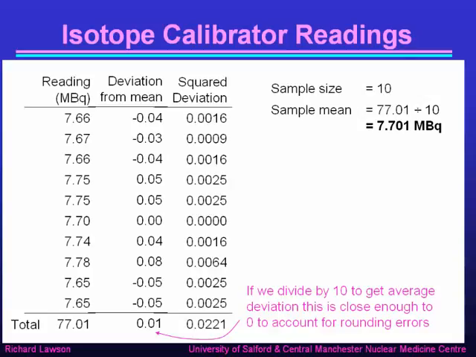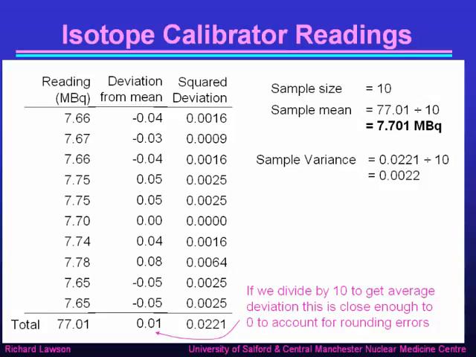The next step is to square all those deviations. 0.04 squared is 0.0016, 0.03 squared is 0.009, and so on. And we don't need to worry about the negative signs on the deviations, because when we square a negative we get a positive anyway. If we add up all those squared deviations, we got a total squared deviation of 0.0221. So the variance, which is defined as the average squared deviation, is 0.0221 divided by 10, or